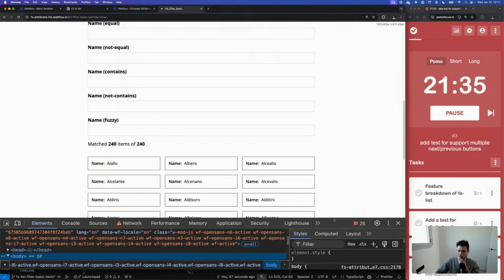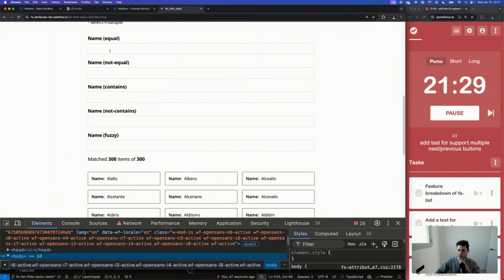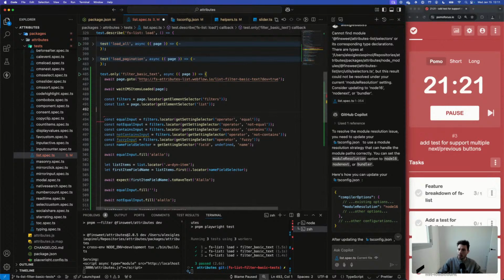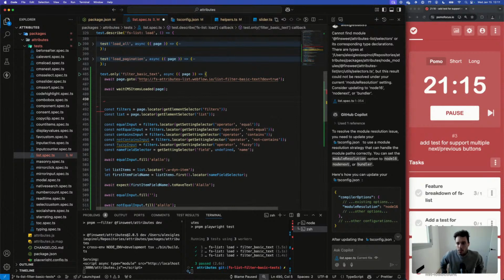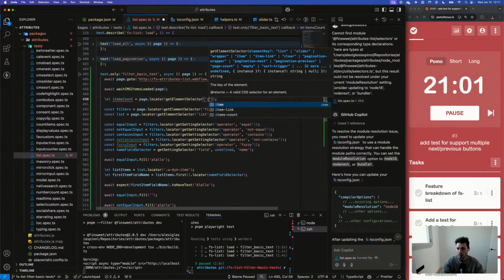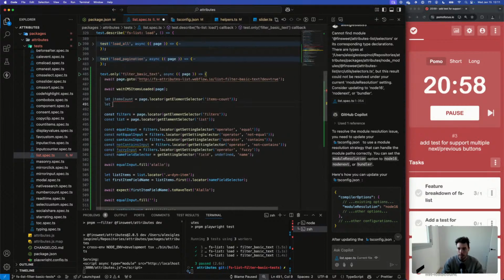Yeah, nice, cool. Then let's make sure that these items have the right values. So I can do let items count, page locator. Nope, they should be get element selector, and these should be items count, and let results count, and they should be this.